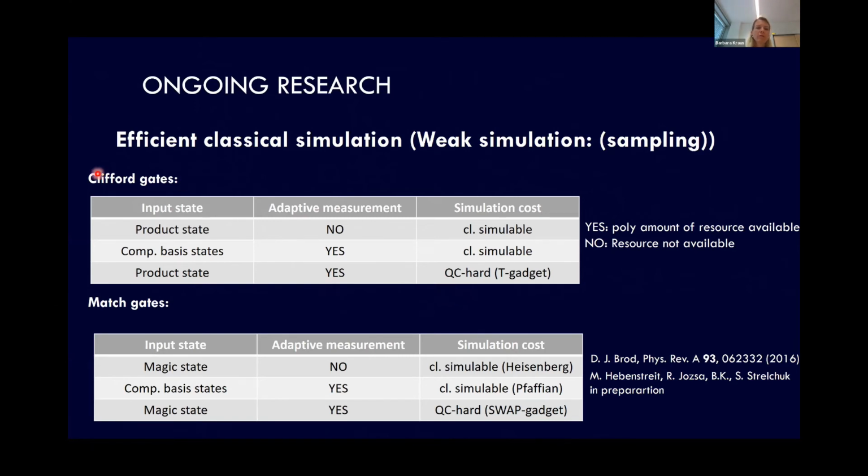Now, if you do the same thing for matchgates with the same input states, then this gets very boring because everything remains classically efficiently simulatable, basically. What you have to do instead is to look at the input state, which is now the analog, the counterpart of the input states for Cliffords, which are the magic states that we just discussed. So if you vary this, then you see that you get actually exactly the same picture as what we have for the Clifford gates. Okay, this is the result that I was just explaining. Magic state plus adaptive measurement allows you to do universal quantum computation. However, if you restrict to either just matchgates but no adaptive measurements, or the other way around, then you can still simulate that classically efficiently.